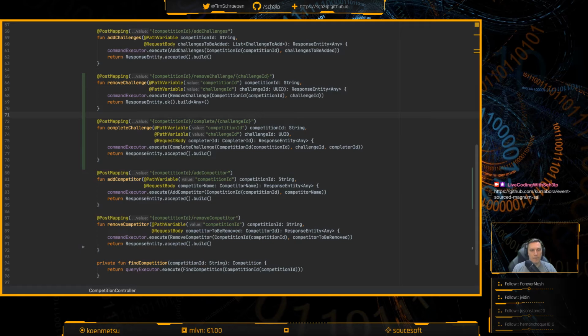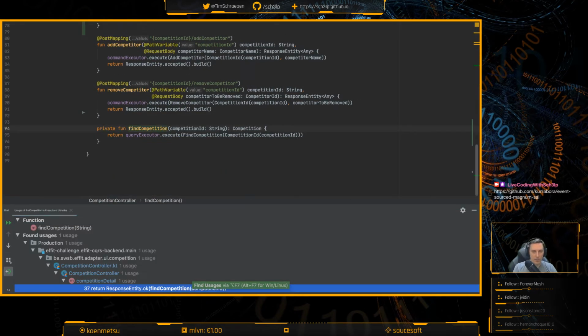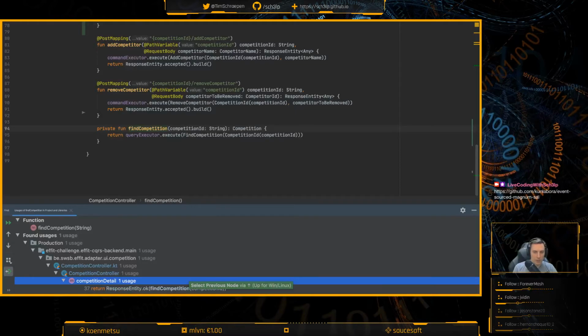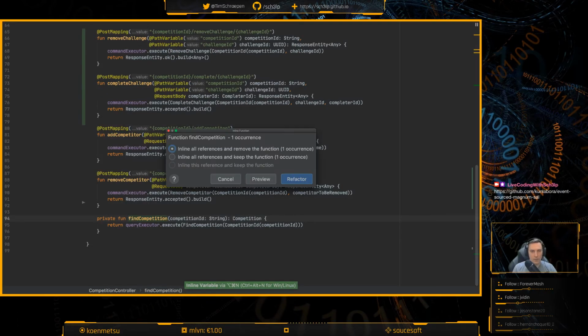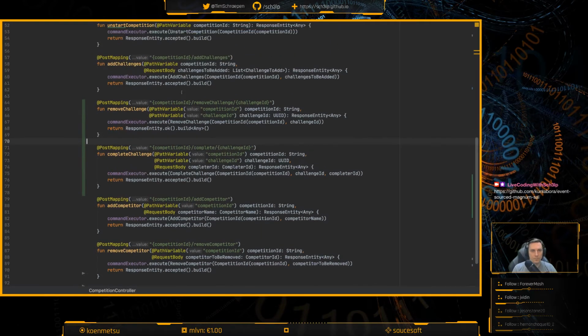There we go. And now, if I'm correct, there's only one usage for this thing as well. Okay, and I can inline this too. Voila. So if I rerun my controller tests now, it should work.